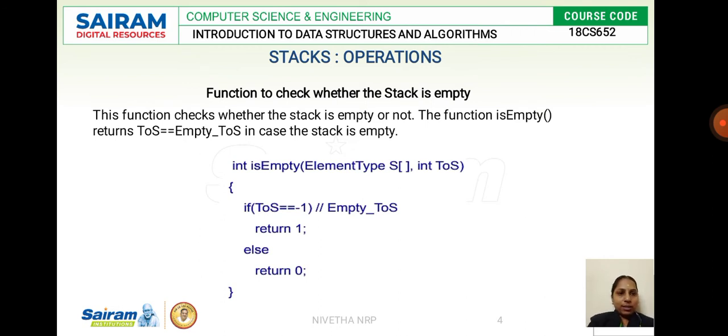Now we'll see what the code is to check whether the stack is empty. Why do we check this? To insert an element, first we are supposed to know whether the stack is empty. For that, we give the code. When the stack is empty, we will not be able to perform the pop operation. That is, we have an underflow condition here.